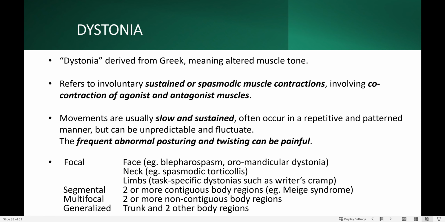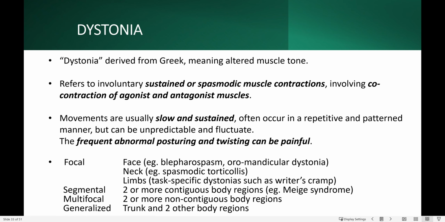When two or more adjacent body regions are affected, it's a segmental dystonia such as Meige syndrome, where the eye is affected, that is blepharospasm, as well as oromandibular dystonia occurring together. When two or more non-adjacent body regions are affected, it's multifocal dystonia, and generalized where the trunk and two other